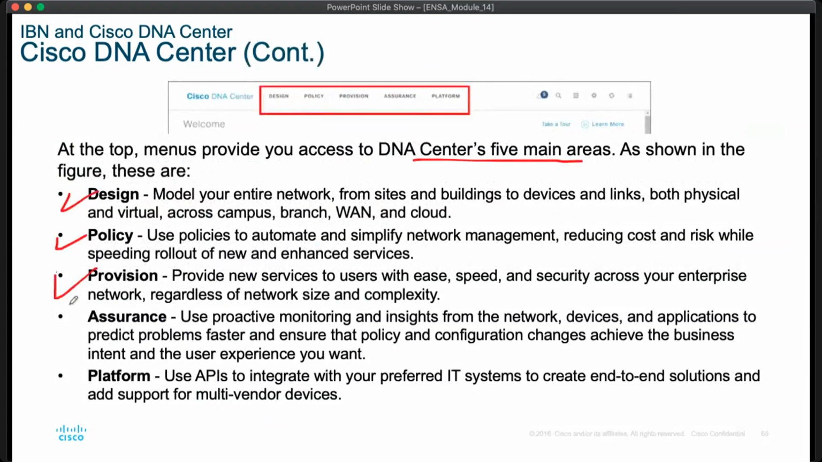provision, assurance, and also platform. Okay, for design, model your entire network from site and building to devices and links, both physical and virtual, across campus, branch, and also cloud. Policy: use policy to automate and simplify network management, reducing costs and risk while speeding rollout of new